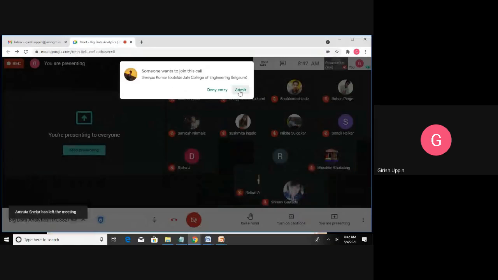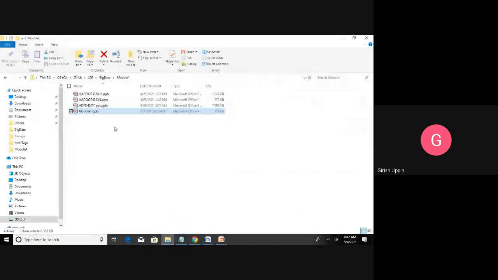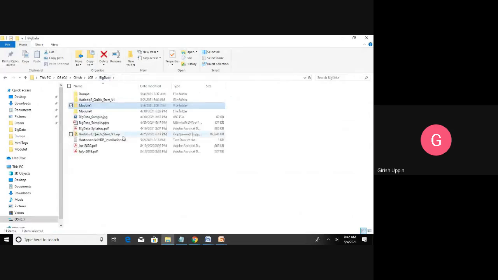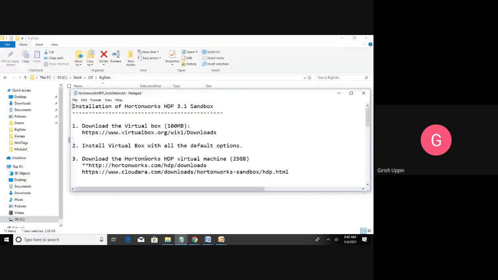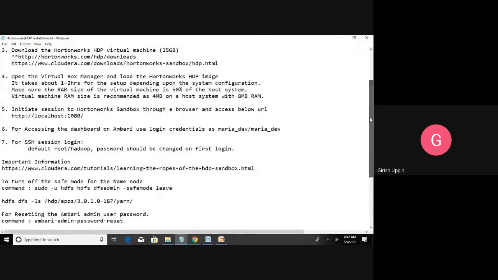And I told you for Ambari, the user we used is Maria_dev. If you want the admin, yesterday I told you the instruction for how you can reset the admin password on the SSH session. You have to open the SSH session at localhost:4200, where you can make an SSH connection.